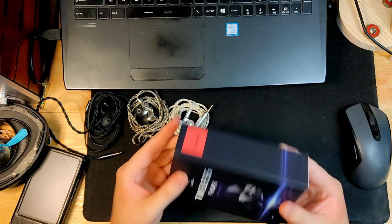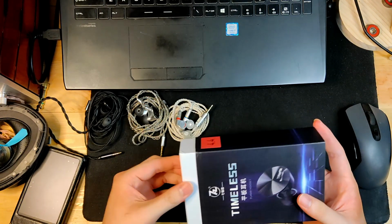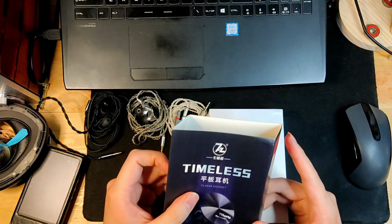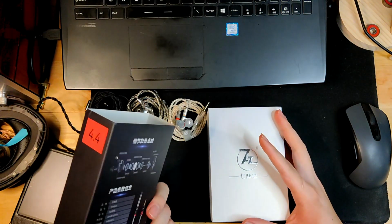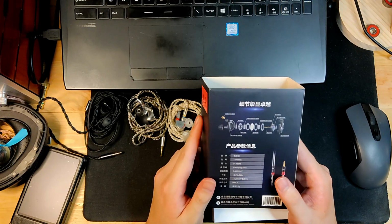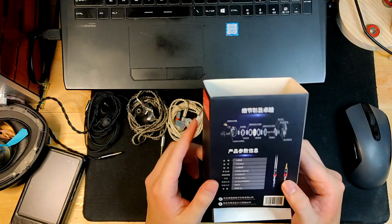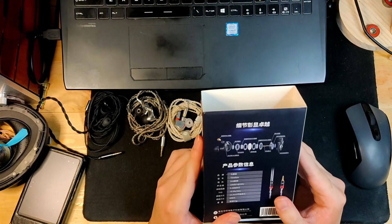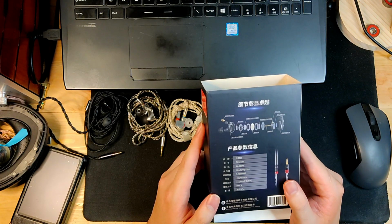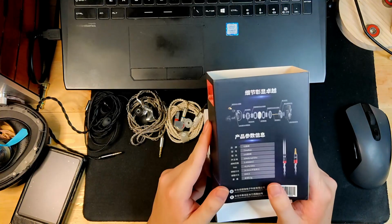Yeah, let's open this thing now. The 4.4 Pentagon version. It's not actually Pentagon, but I don't know why we call it Pentagon. Pentagon is the name of a brand, if I'm not mistaken. So yeah, it's by a company named 7Hertz. I think they made the i7-71 and the i9-9, but I've never listened to any of them. But yeah, you got the Timeless, which is a planar driver, which is quite rare. I've never listened to planar IEMs,